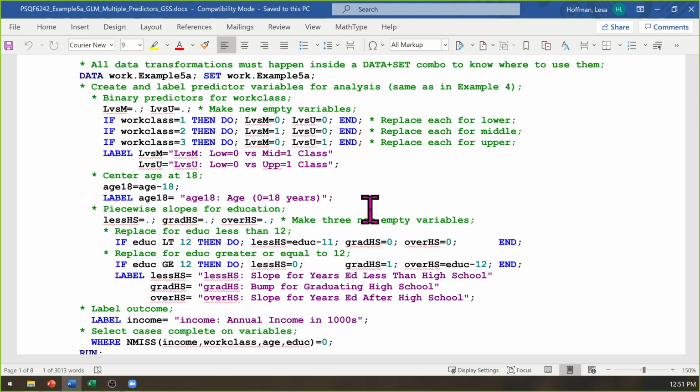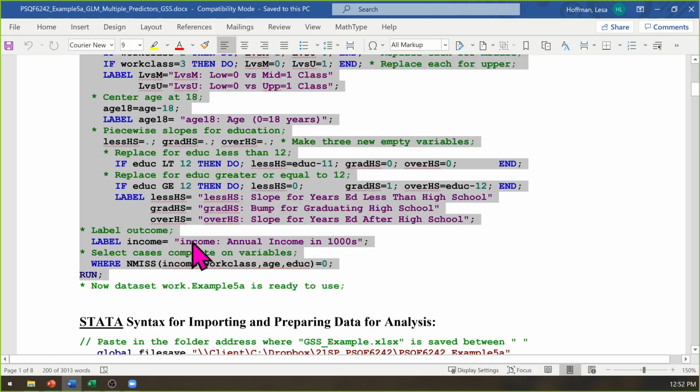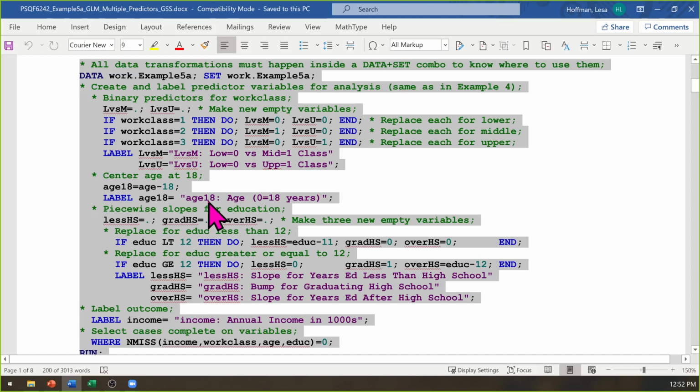So I make all of the centered predictor variables, I do all of the recoding, I do all of the selection, I do all of that, and then I do the models. That way, if I open up the file again, I don't have to run little chunks of code throughout the program. I just have to run the one step at the beginning that gets me back to where I was with respect to the data. So this whole chunk of code right here in SAS does everything in one step that I'm going to need to build this model.